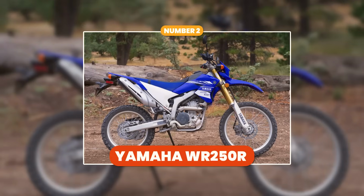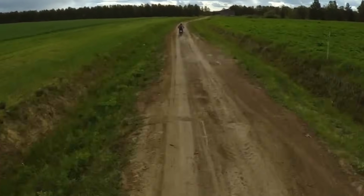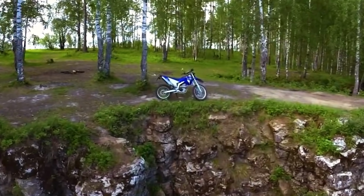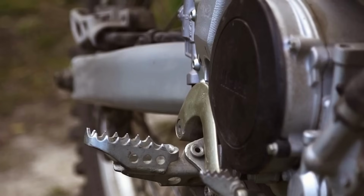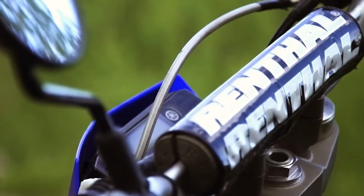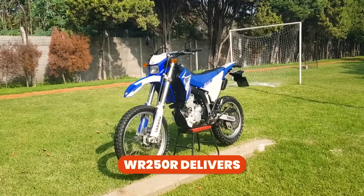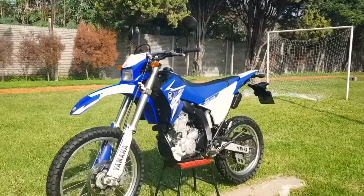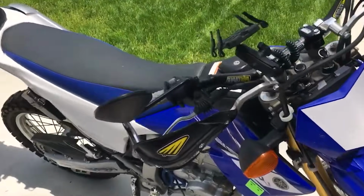Number 2. Yamaha WR250R. If you think a 250cc bike can't handle serious rally riding, think again. The Yamaha WR250R is a small but mighty rally machine that's earned its place on this list. With a liquid-cooled, fuel-injected 250cc engine, the WR250R delivers surprising power for its size. What makes it stand out is its weight, just 295 pounds, which means it's one of the easiest rally bikes